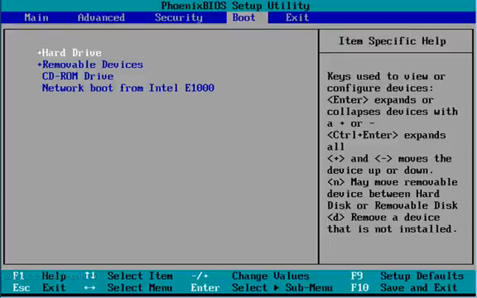Because this is a virtual machine, I have to use the plus and minus sign on my keyboard, but on a real computer you will be using F6 and F7 to change the value to make it first, second, or third, or navigating them. Alright, so just make sure if you were taken to the first installation page,